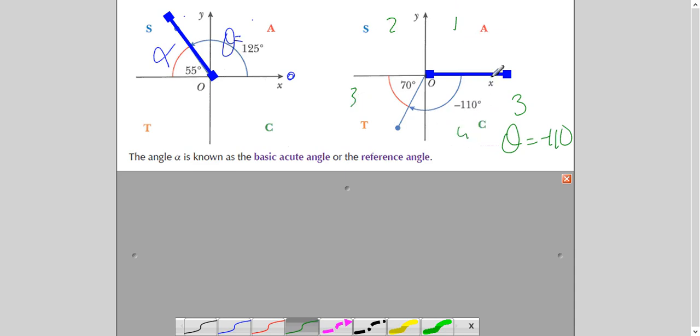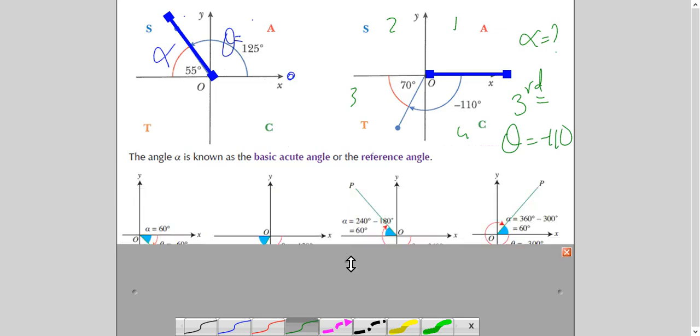Okay, no. So if question says it is in the third quadrant and theta is minus 110, what is the basic angle? So you will just roughly draw it here, write 110 here, and it is a straight line. So you know this whole is 180, so 180 minus 110 is 70. So your basic angle is 70 degree. And there is a strong relationship between this basic angle and this general angle. Now pick up your calculator, I'm telling you something here.